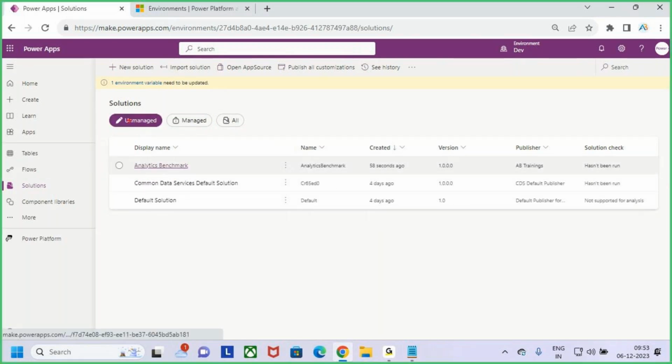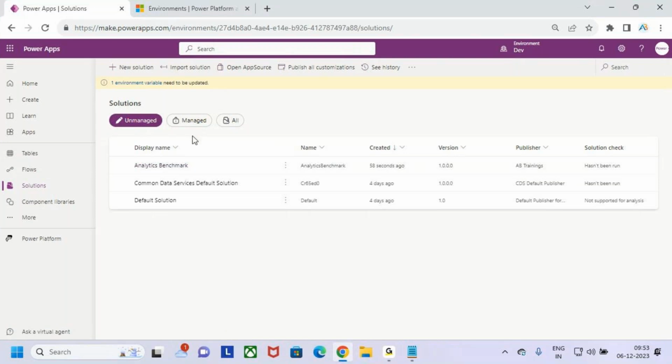So you are able to switch here. What are the unmanaged solutions? What are the managed solutions? So how to make this solution a managed solution? Currently the solution is unmanaged. How to make the solution managed? So just select the solution,